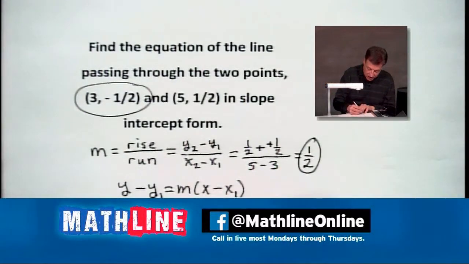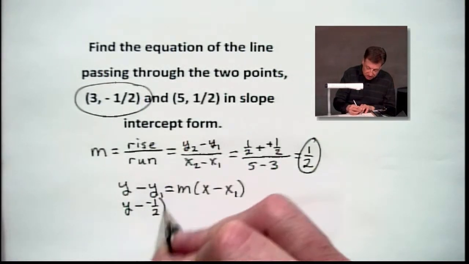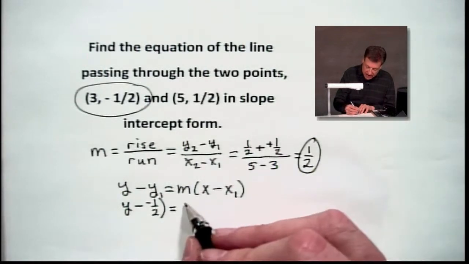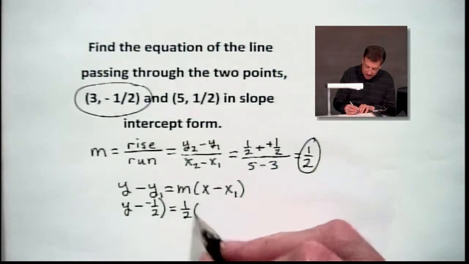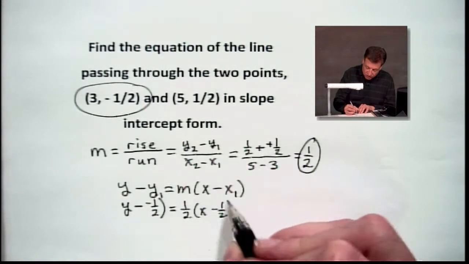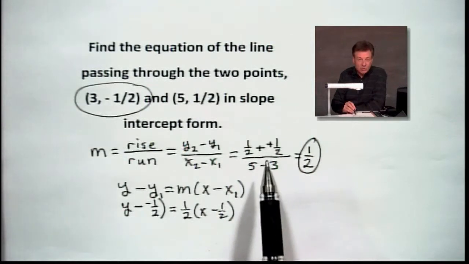So let's run it through here. How about it? It's going to be y minus a negative 1/2, using the first one, equaling, oh, we already know that's 1/2 for slope, right? So there we go. And let's pick up our x, and we're going to put x minus 1/2 right there. Looks that way? Is that right? Everybody feeling good on that? Hope I am too. All right, let's see what we got.